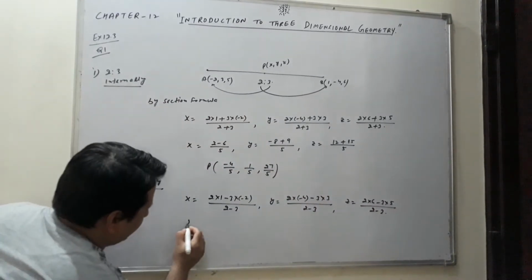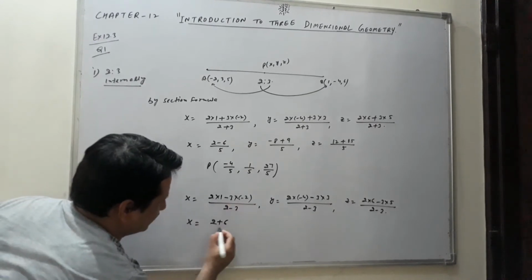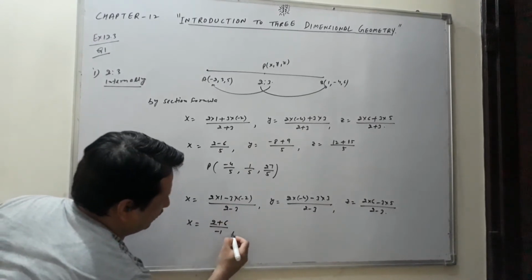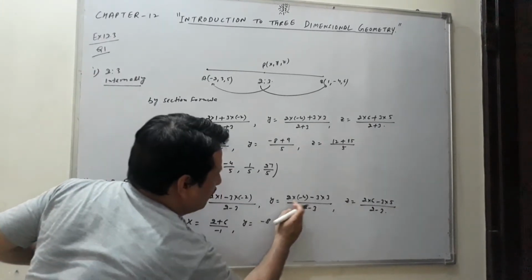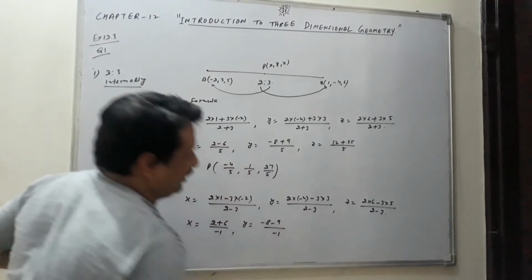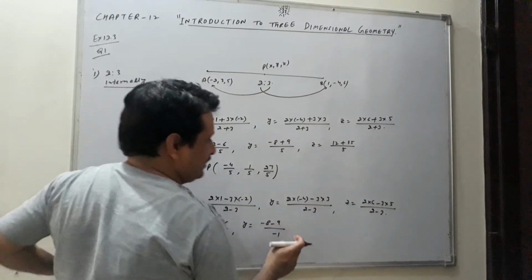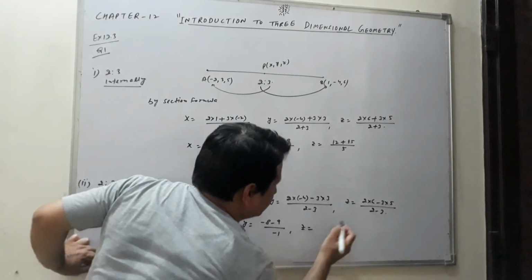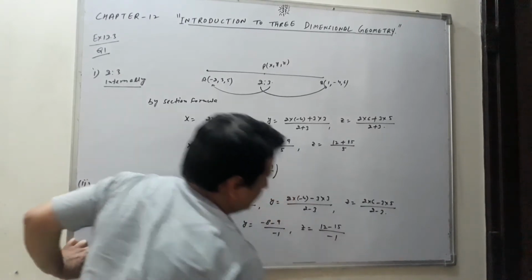So what you will say, x will come as equal to, here it is 2, this is 3, 2 3s are 6 upon minus 1. Y is equal to 4 2s are 8, this is minus 8 minus 9 upon minus 1. Right, students? 4 2s are 8, it is minus 8, 3 3s are 9, minus 9. Now there is z. Z is equal to 12 minus 15 upon minus 1.